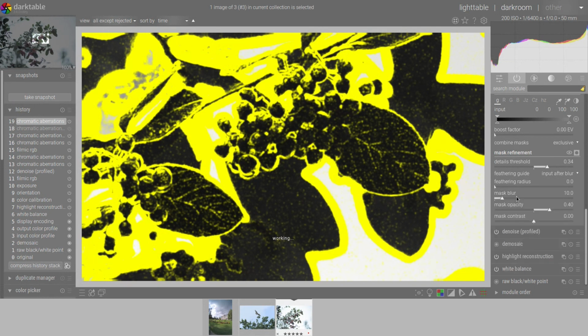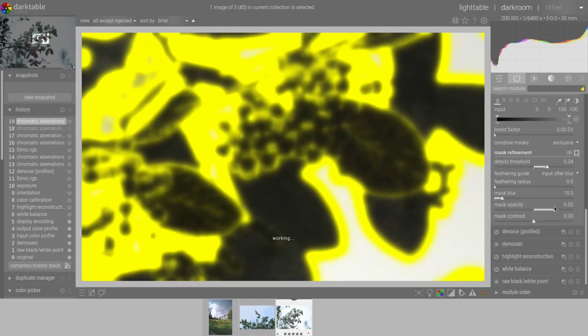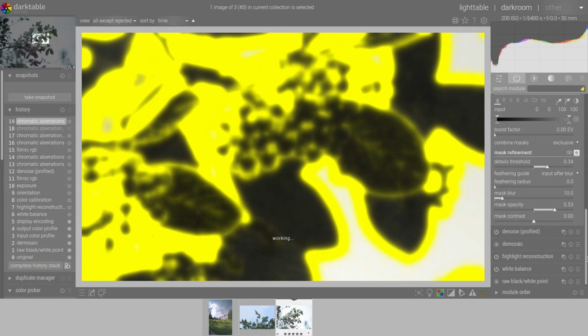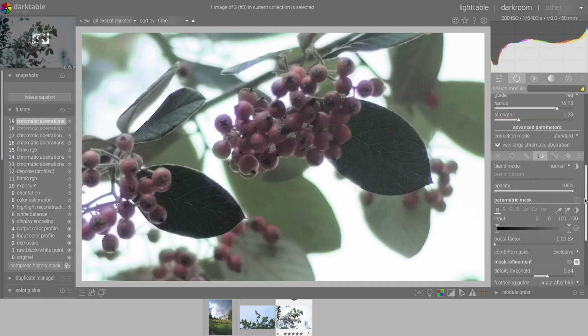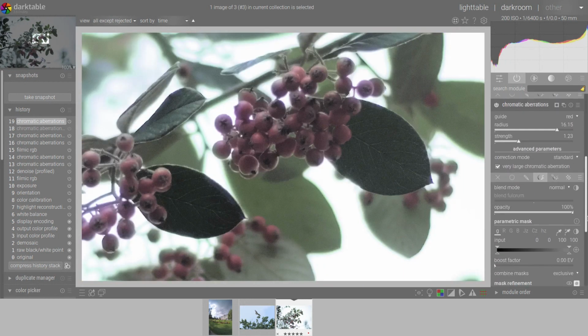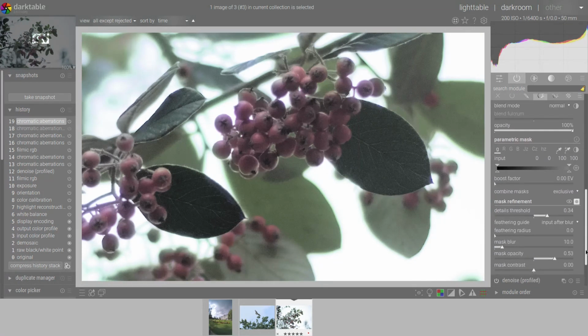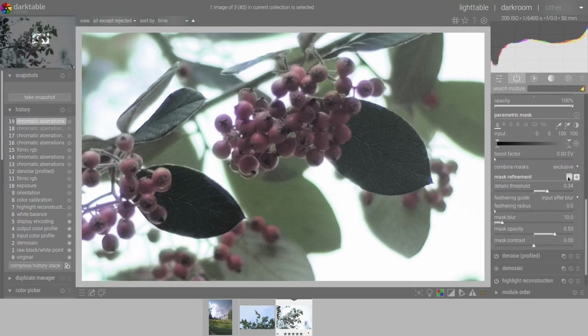I blur it a bit. Okay, and here we can see that we actually preserved way better our red balls using a simple parametric mask.